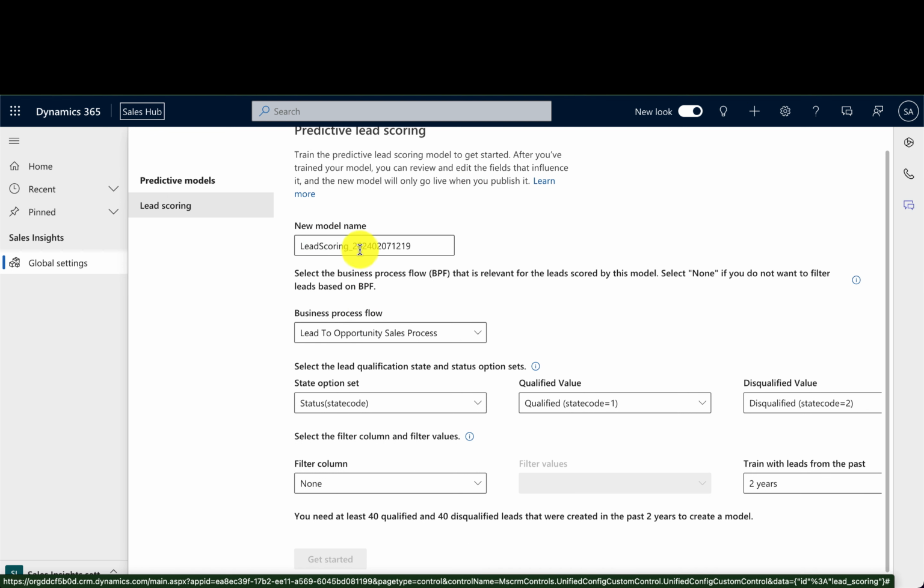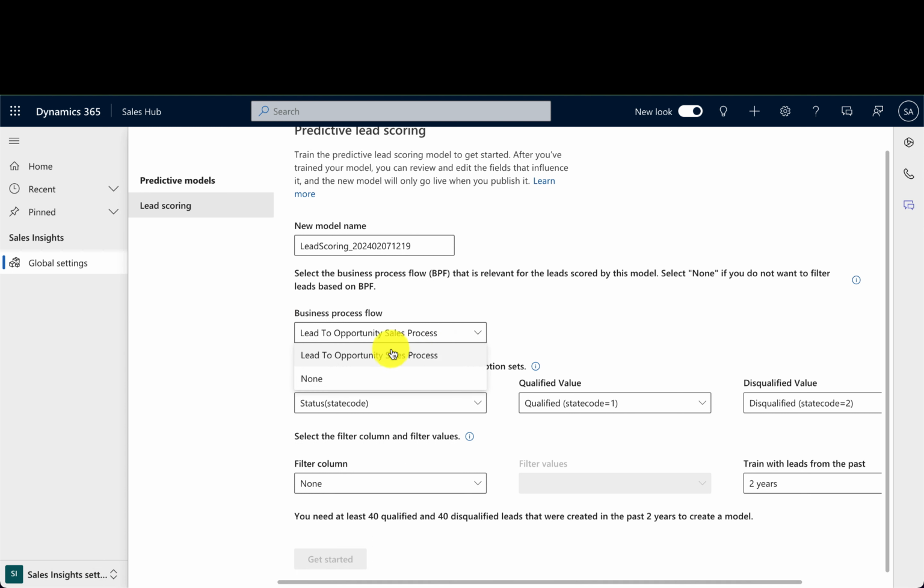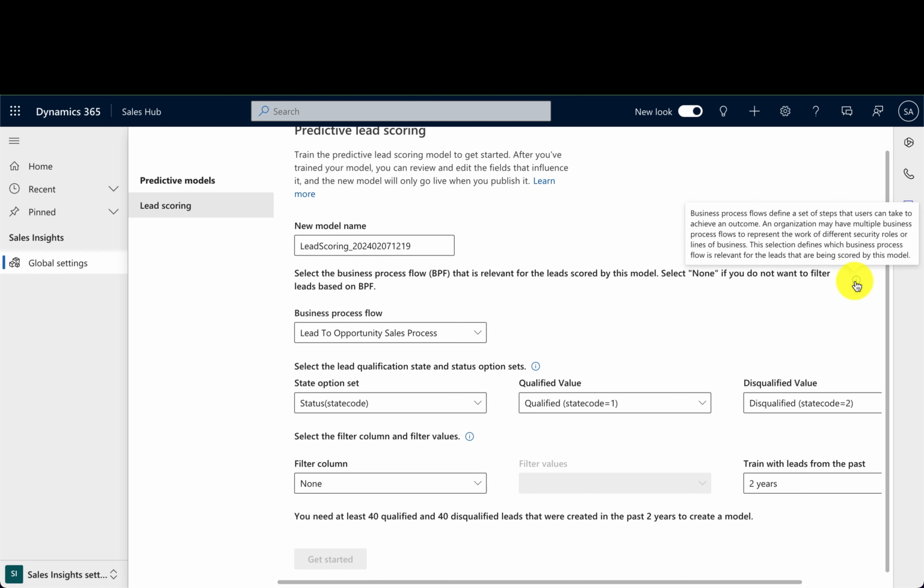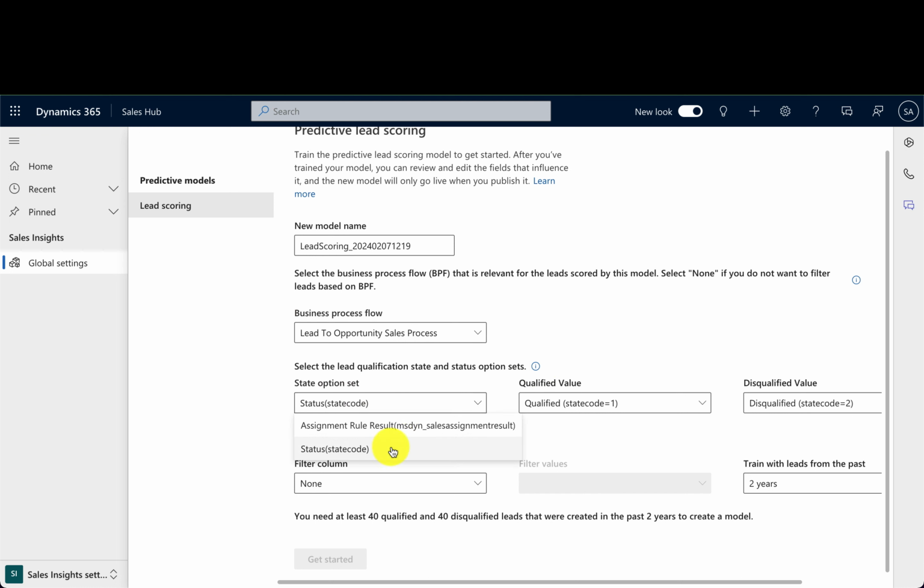So we can give a new model name, select the business process flow that is relevant for the lead scoring by this model. Okay, so the standard business process flow is the lead to opportunity sales process. Get a bit of information about that there. Select the lead qualification state and status option set. So that's really good. You get to go through that. Status, so this is standard status field basically.